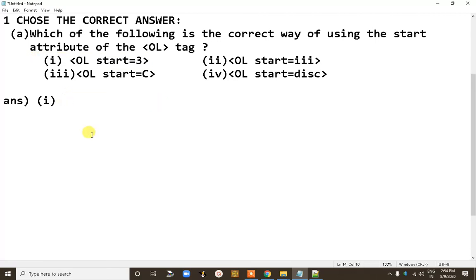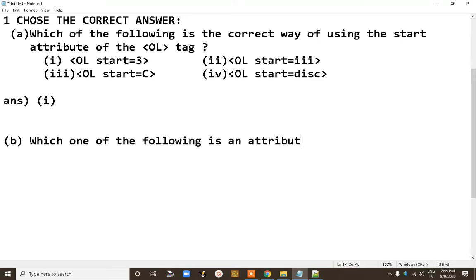Now second is B. What is the question? Which one of the following is an attribute of the IMG tag, the image tag?